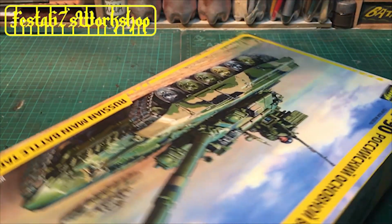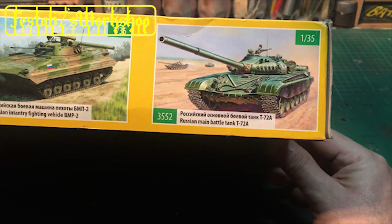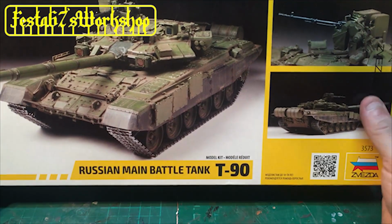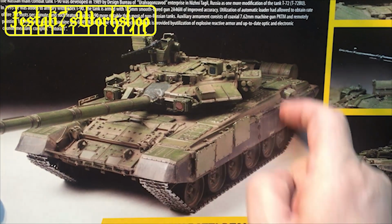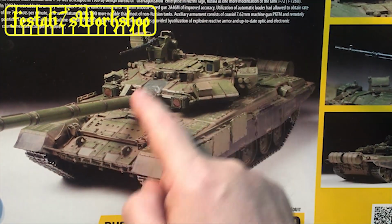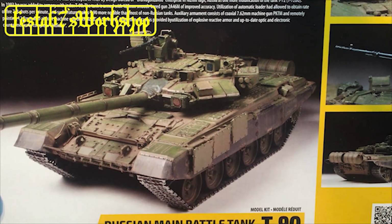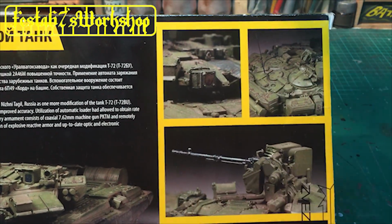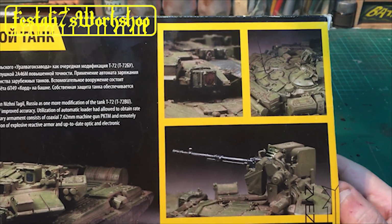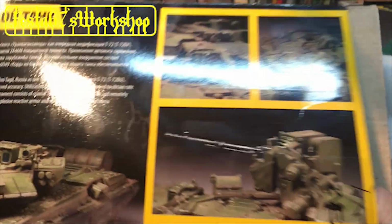You've got some other tanks in the series on there, and then on the back you've got a picture of the tank with the explosive reactive armour on the sides. Nice little weathering job on that, and then some close-up shots of the tank with a bit of weathering. Now it opens up like a Revell box with the flap on the end,